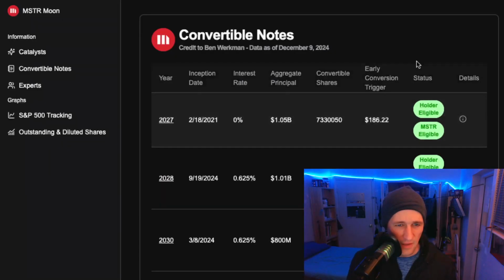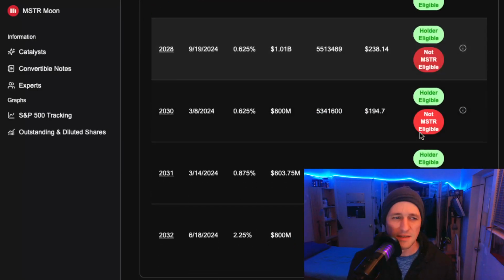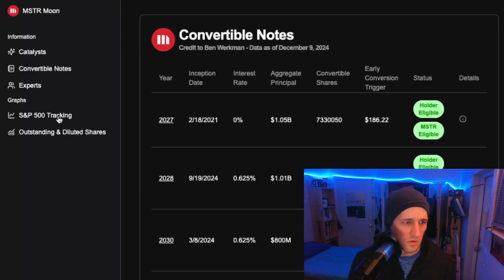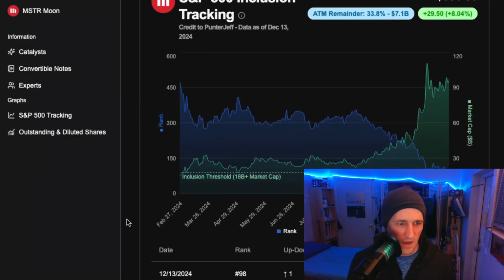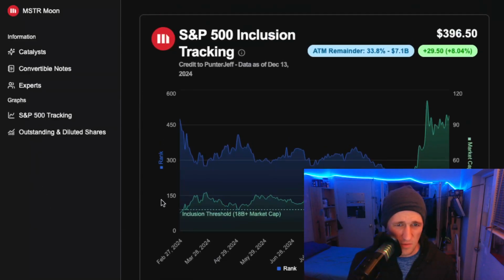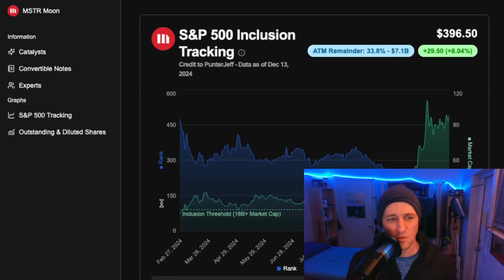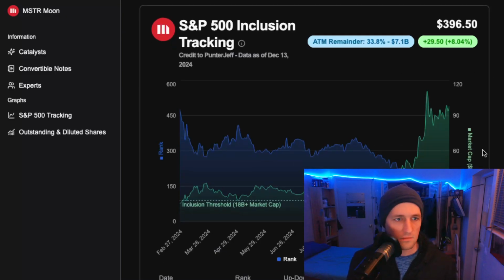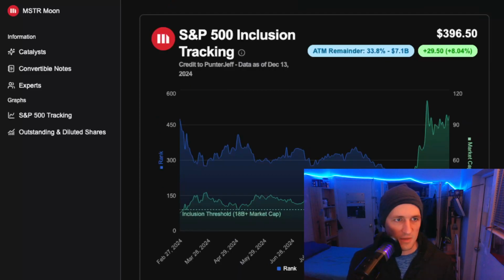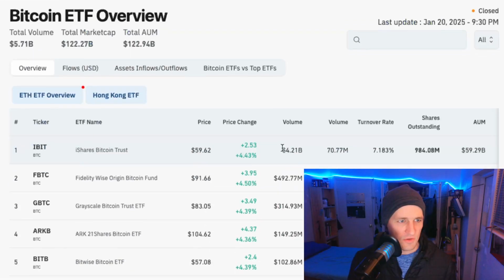It has a little bit about their bonds that they're issuing, so that's pretty cool. They've got just, I guess, a comparison chart between themselves, and I did not look this over beforehand. This is a new section of the site. So just explore this on your own, mstrmoon.com. And then here's just a general